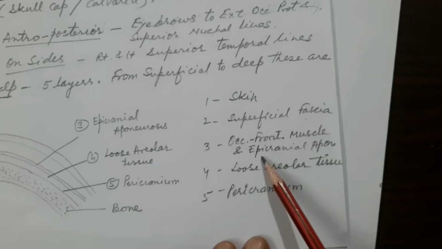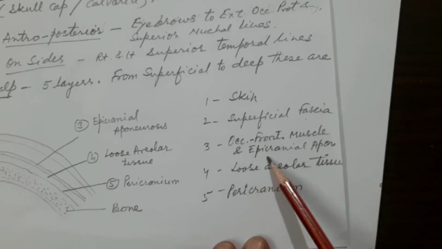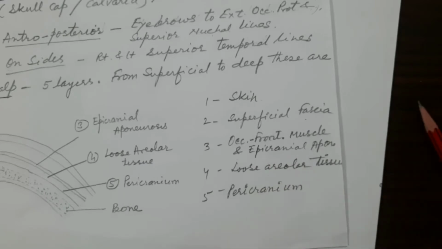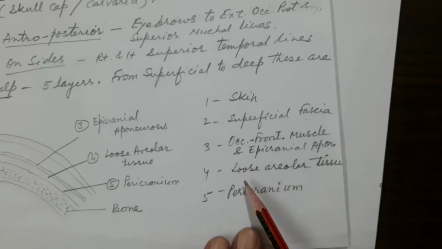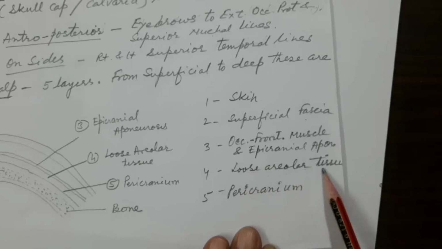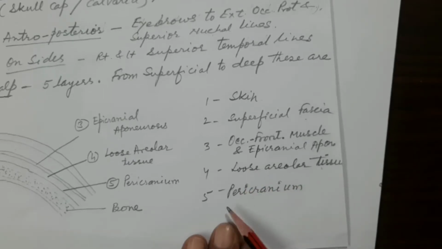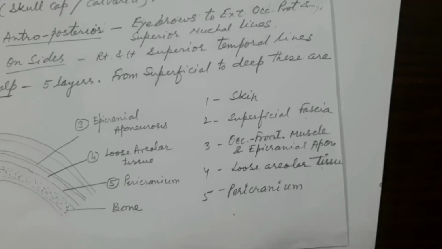That's why this common tendon between the occipital and frontal bellies is called the epicranial aponeurosis. The 4th layer of the scalp is the loose areolar tissue. And the 5th layer is the periosteum, which here is called the pericranium, covering the flat bones of the